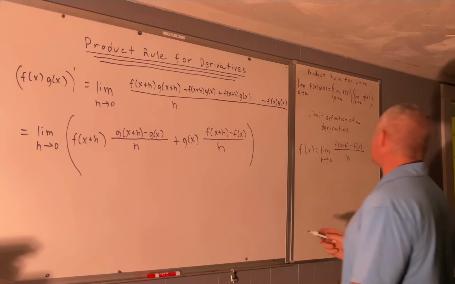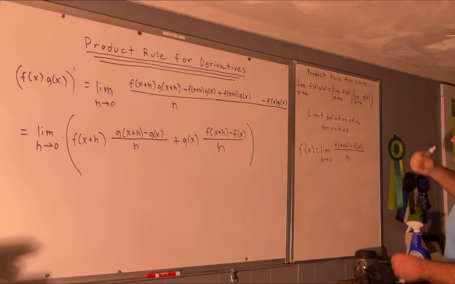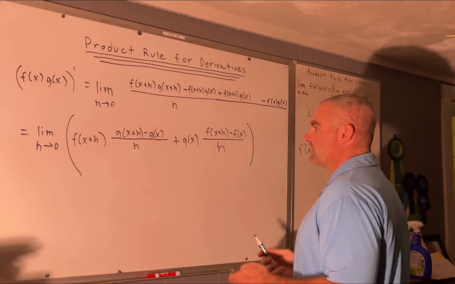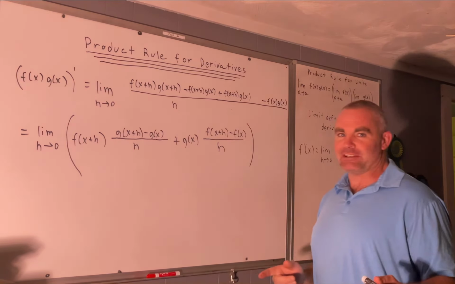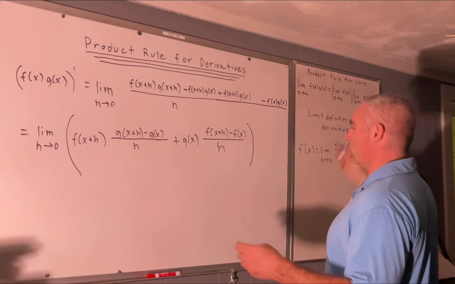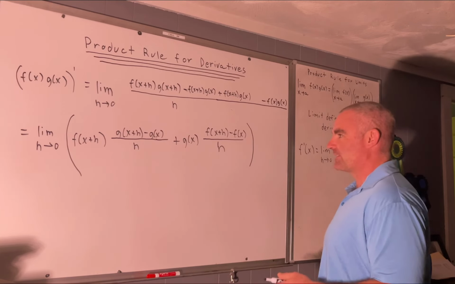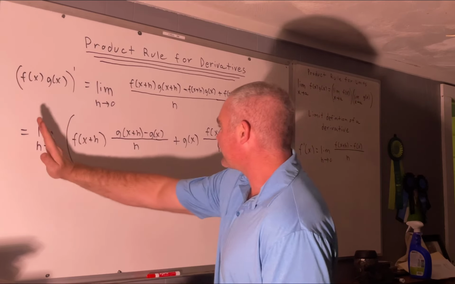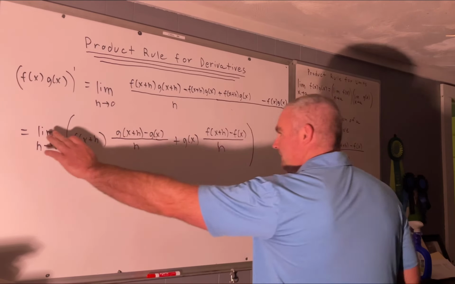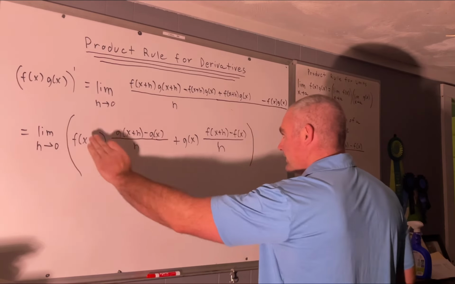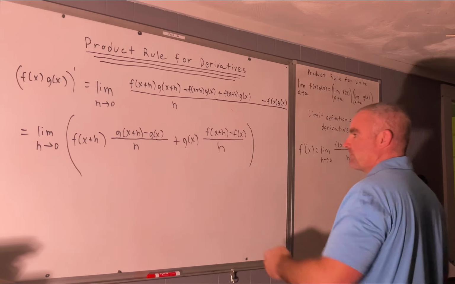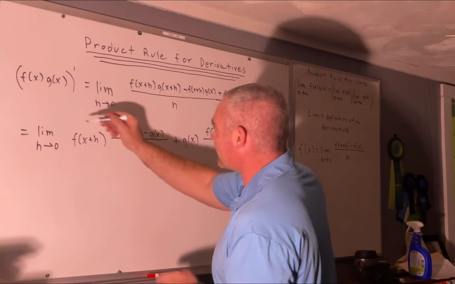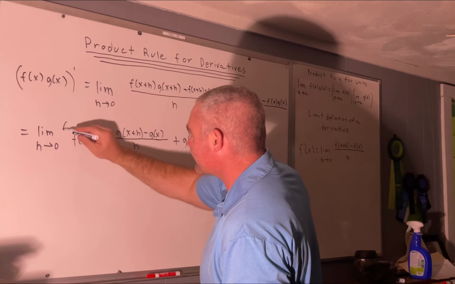All right. So now we can utilize the product rule for limits. Well, of course, we have to use the sum rule for limits. I didn't write that down, but that's pretty intuitive. So what I'm going to do now is distribute this limit. This is going to be the limit of this plus the limit of this. All right. So we have the limit, sorry, of this